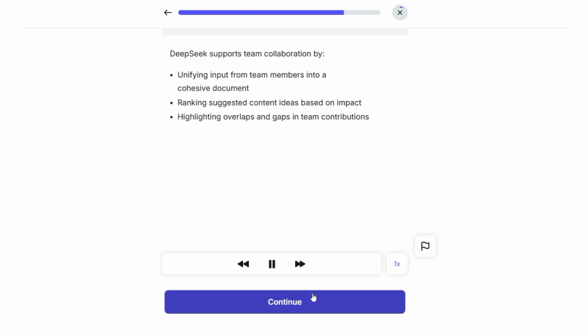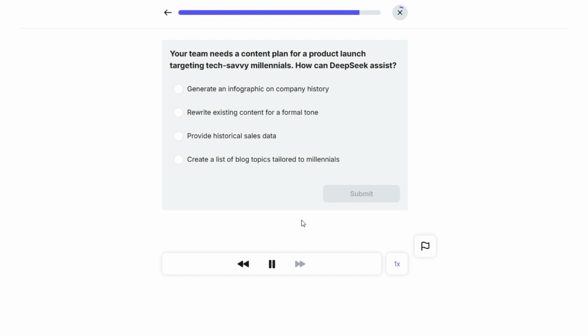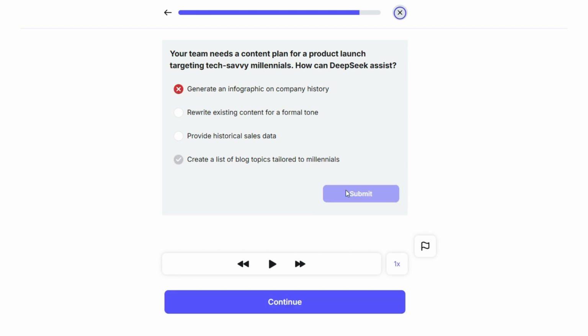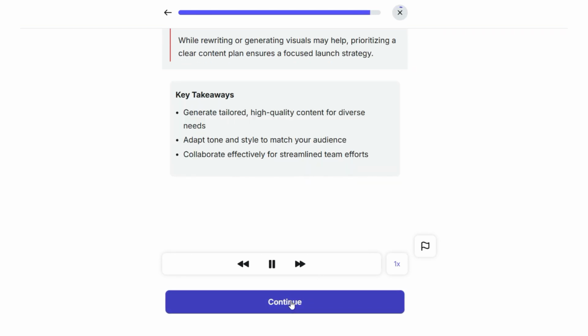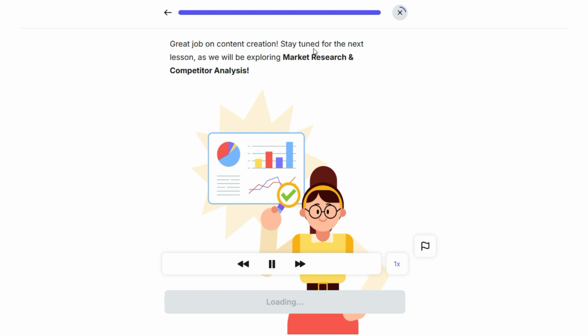DeepSeek supports teams. For example, if your team needs a content plan for a product launch targeting tech-savvy millennials, how can DeepSeek assist? Key takeaways. Great job on content creation. Stay tuned for the